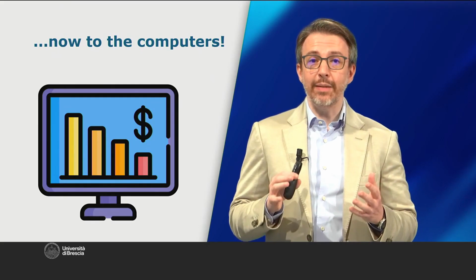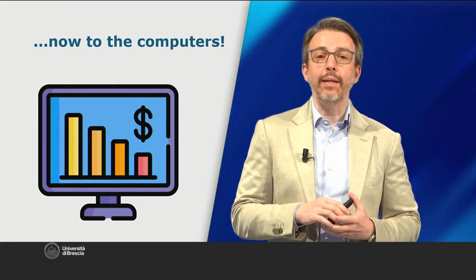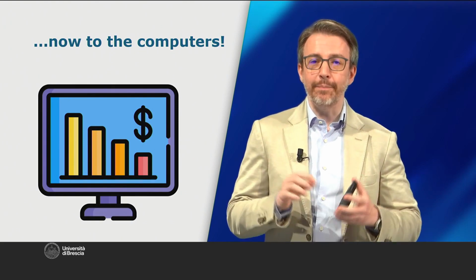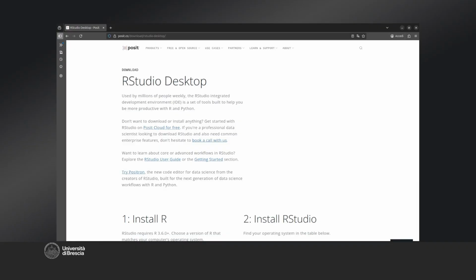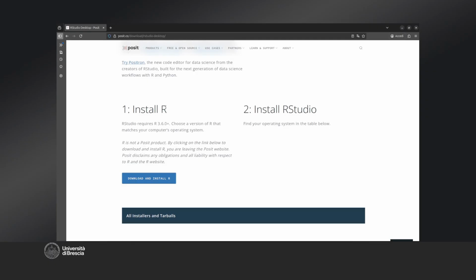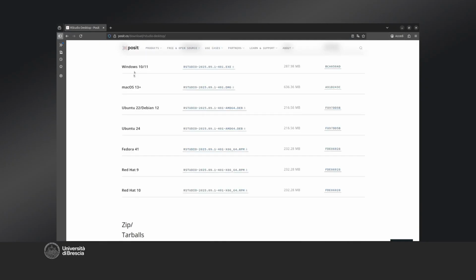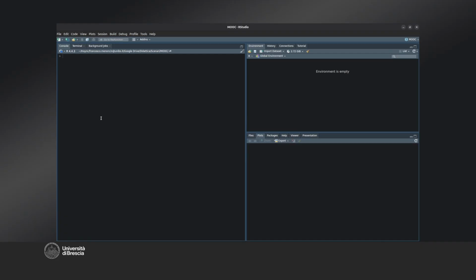To reproduce these same graphs, using different starting points, and getting the data from international databases, now we're heading to the lab. And here we are in the lab, where we can download the RStudio desktop software from the posit.co website, following the instructions provided there. By scrolling through the site, we can see how to install RStudio for the different operating systems, Windows, Mac, and Linux. And at the end of the installation, we should be looking at the R software set up in a window like this one.